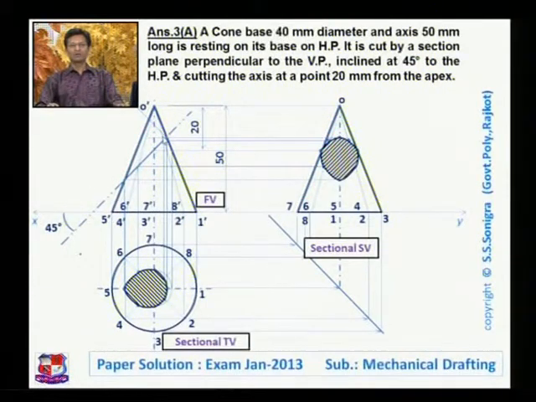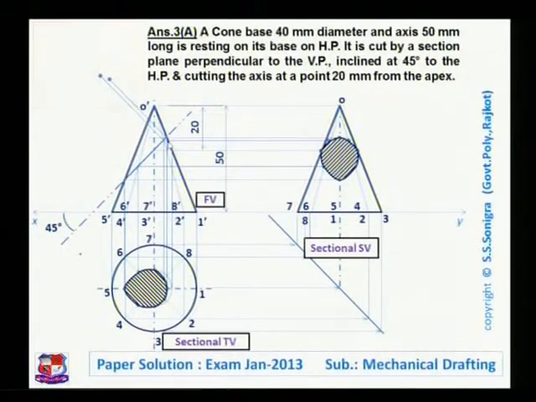and measure the distance of this point in the top view from the XY line like this. This point which is drawn over here, from the XY line to this distance, measure this distance, cut it over here and here we will mark the points. Similarly from this point draw a line like this which is perpendicular to this cutting plane line and measure the distance of this point in the top view from the XY line. Measure this distance, transfer it to over here and find out the position of this point.